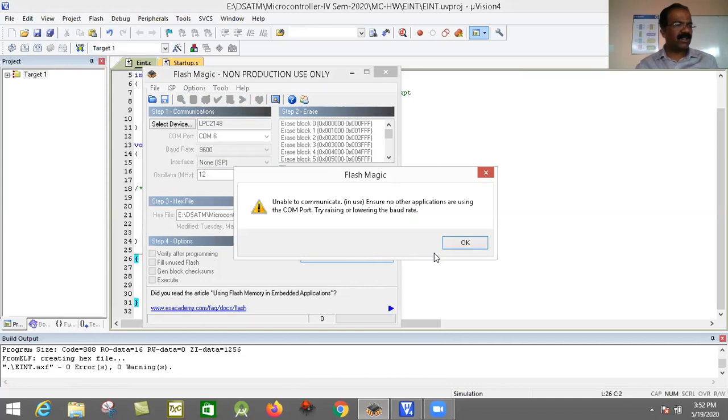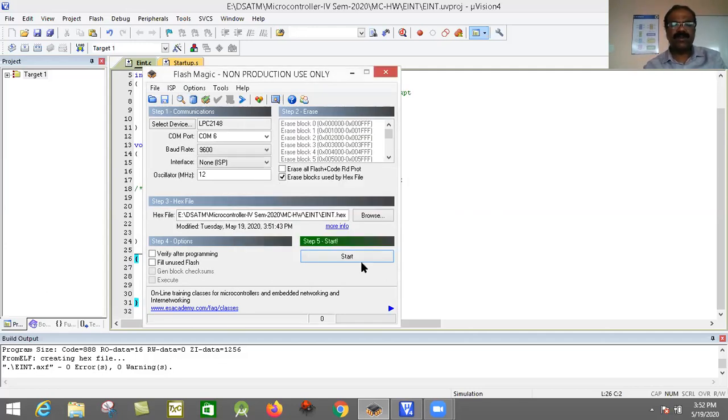Actually it is not connected, we have to connect the board, then only it will work. Then it is downloading that X file to your board.